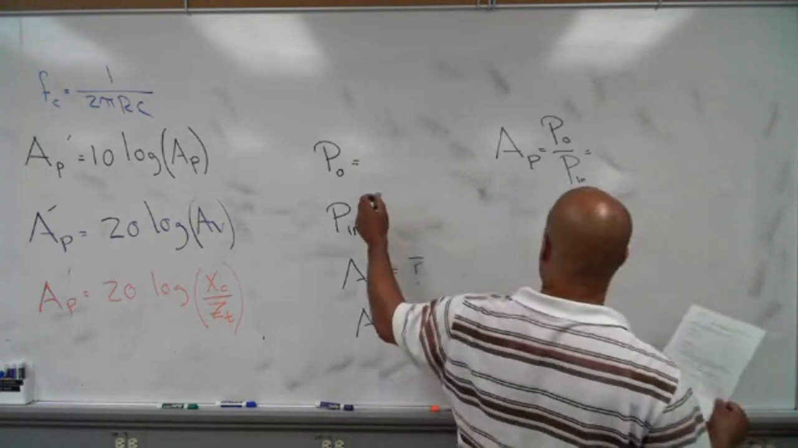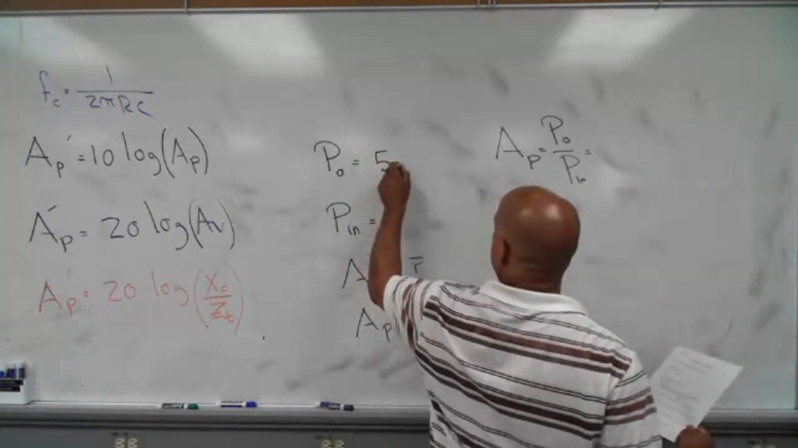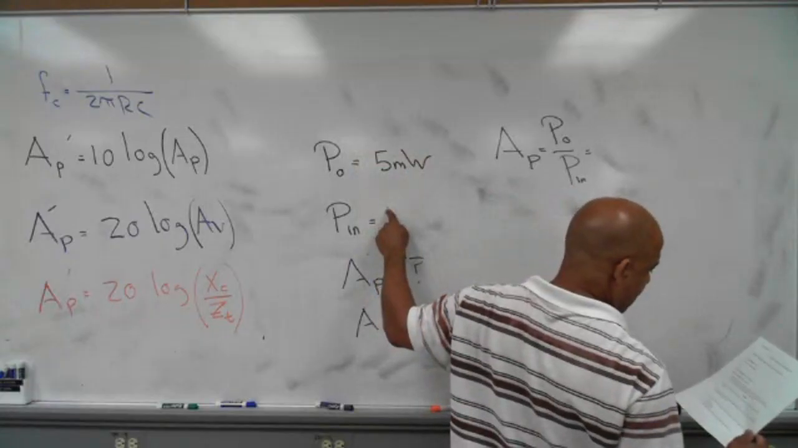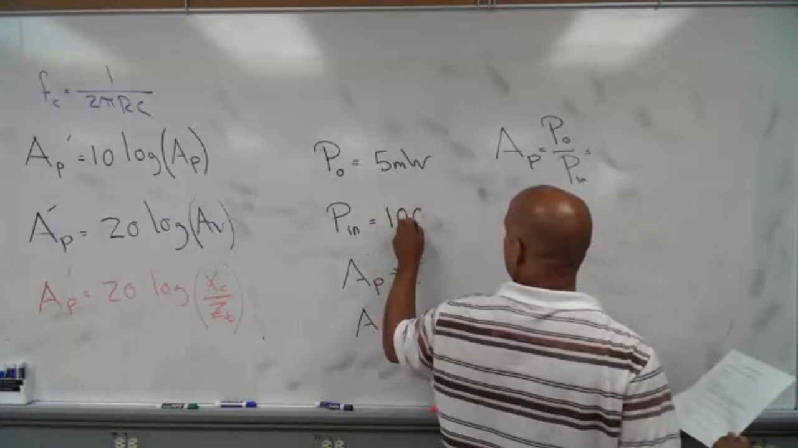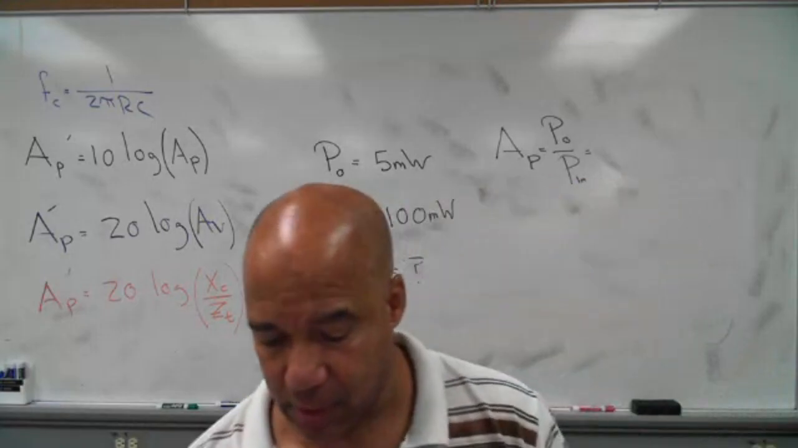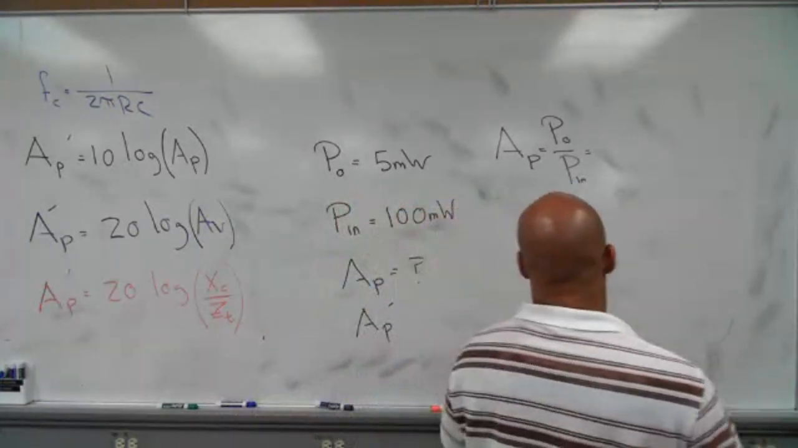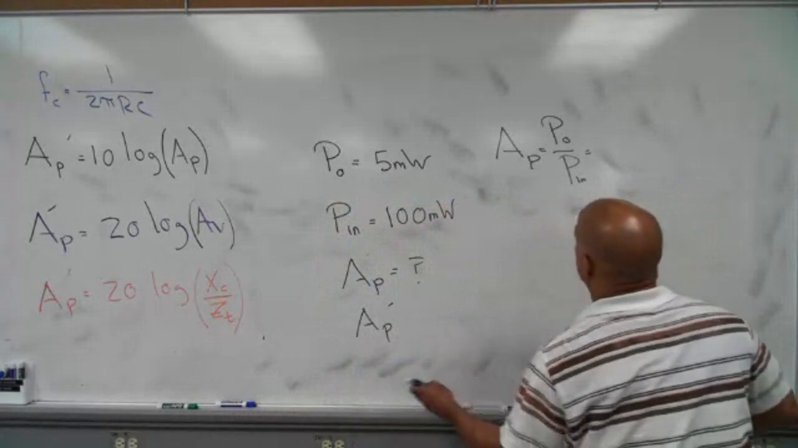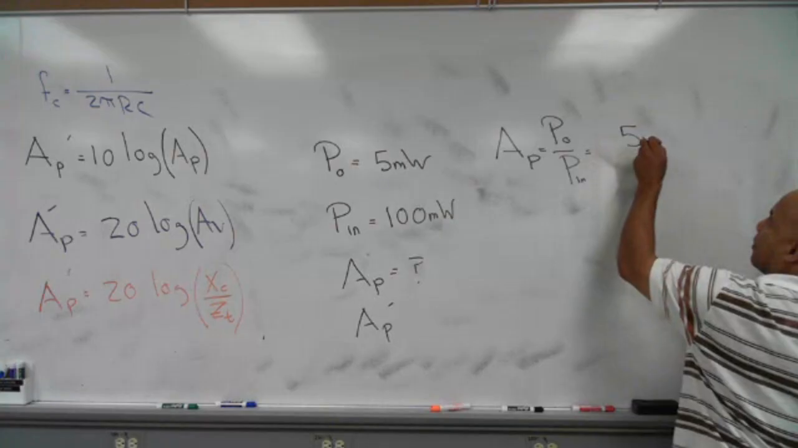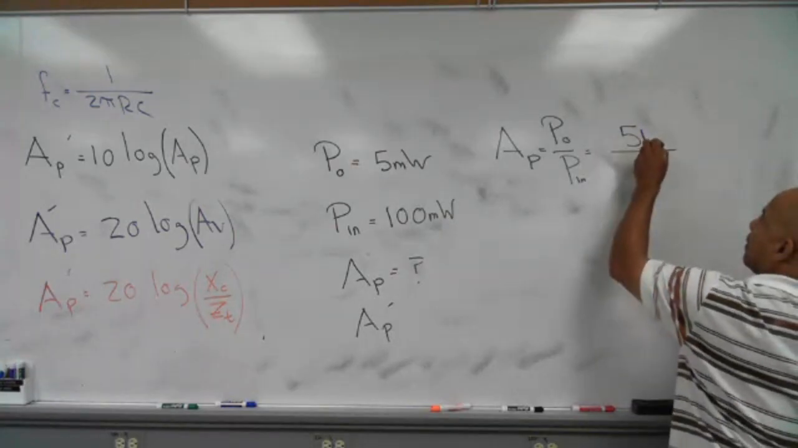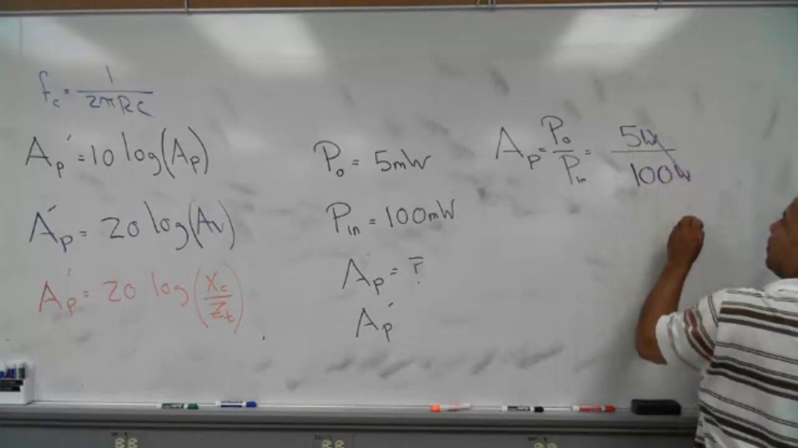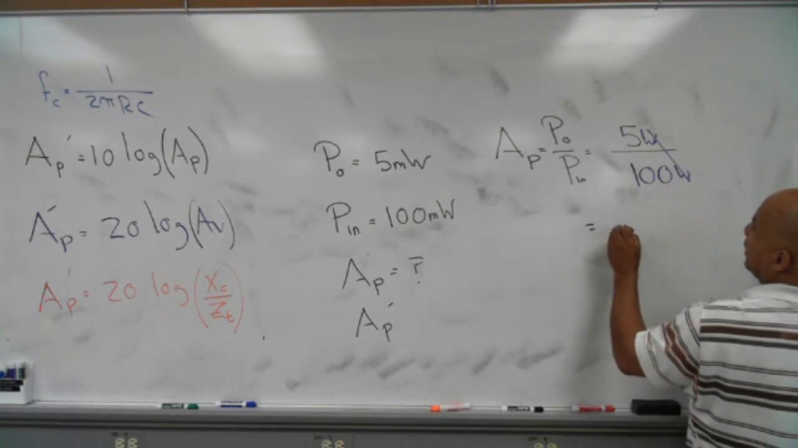My output power is 5 milliwatts. And my input power is 100 milliwatts. And they want to know, okay, well, what's the regular gain? Well, let's put the numbers in and see. I got coming out 5 milliwatts. I got 100 milliwatts going in. I do the math, I get